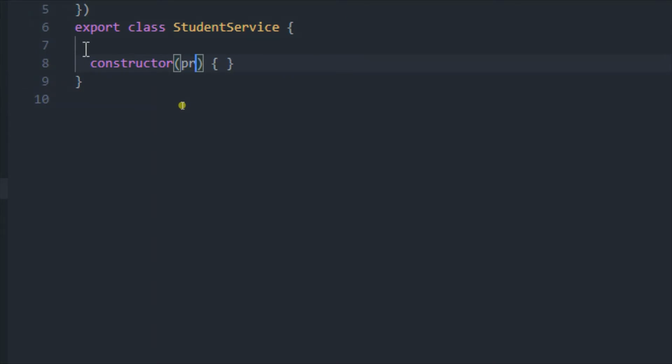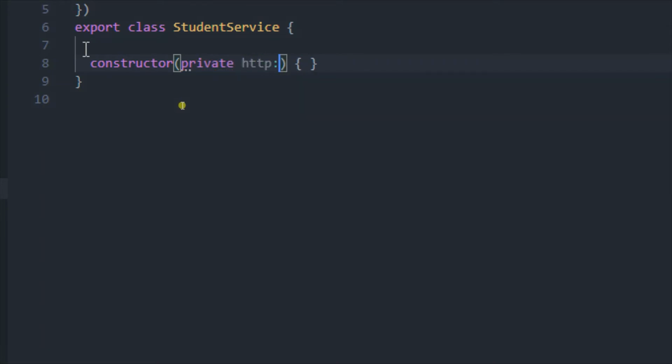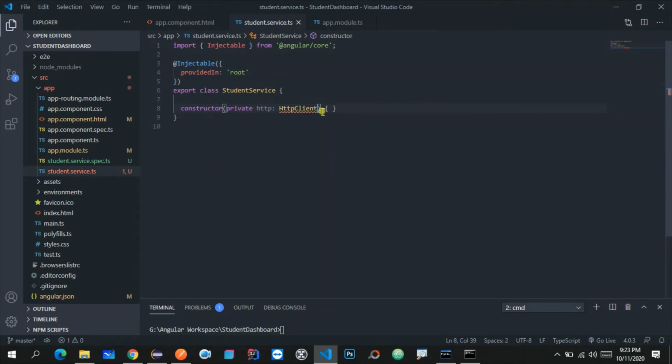So just write private http: HttpClient, and over here as you can see I am getting an error. This is because it is not able to find HttpClient. So for that we need to import HttpClient.